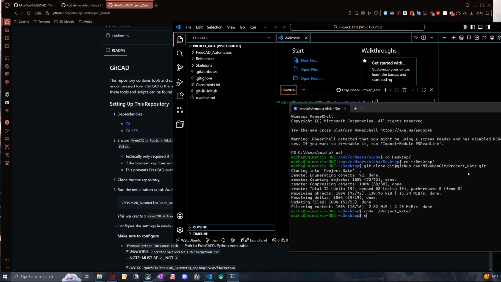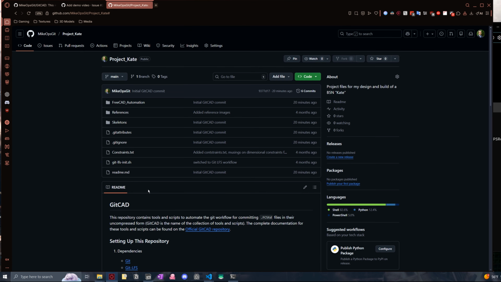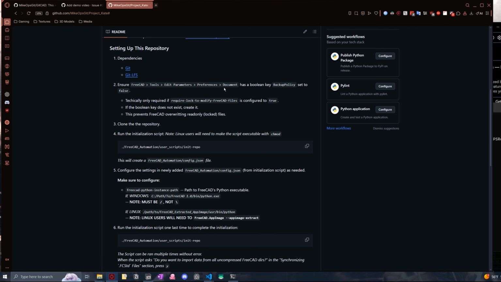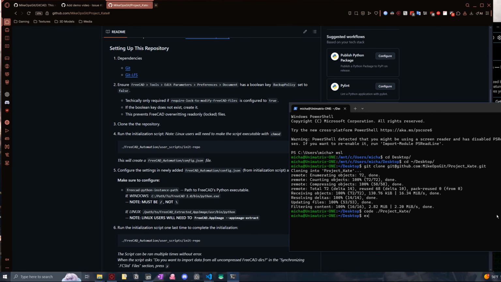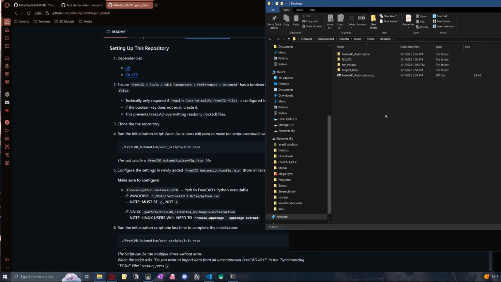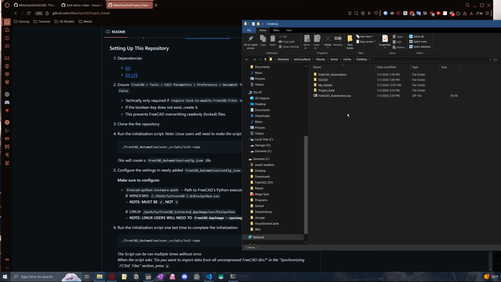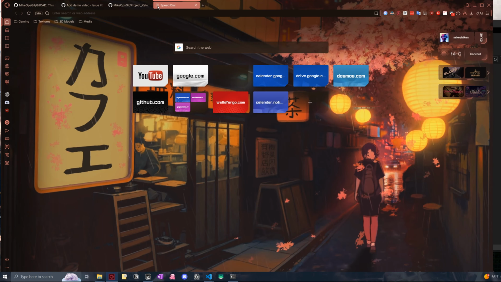So step one is obviously still setting up FreeCAD to not overwrite read-only files when you make a save or change. I'm going to run explorer.exe in here so you can see over here. This is my desktop on my WSL instance. And I've installed FreeCAD into this folder called My Installs FreeCAD over here. When you install FreeCAD from the website,